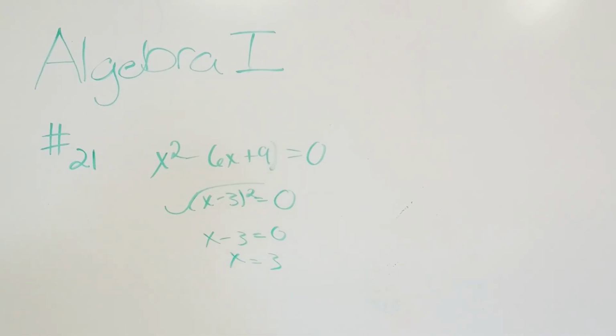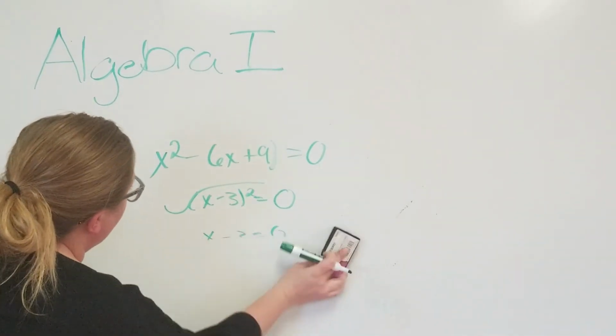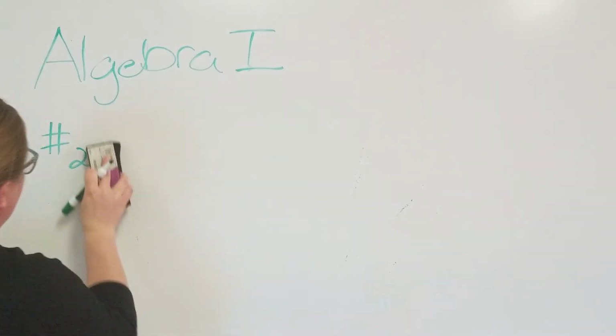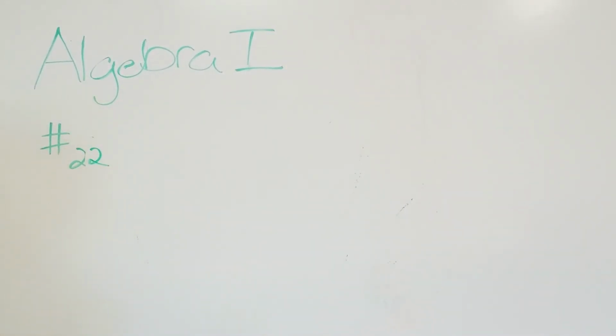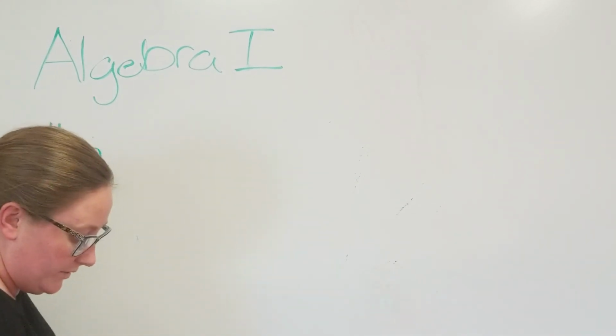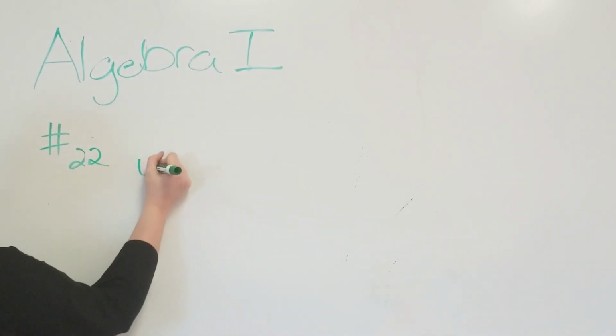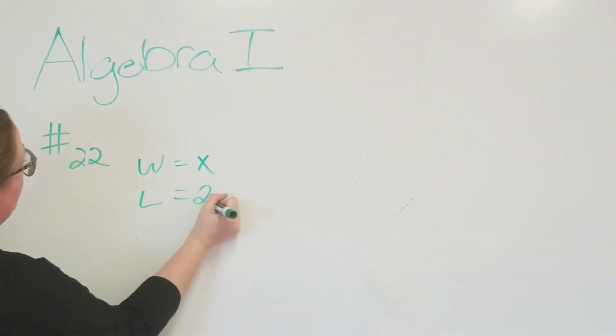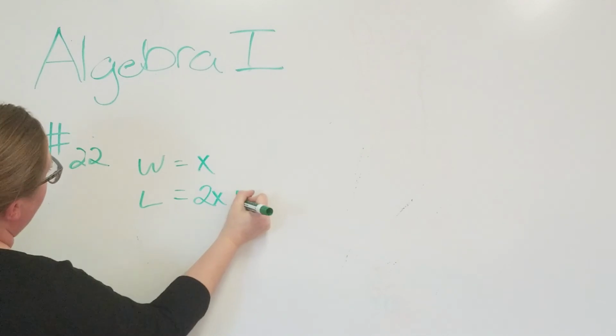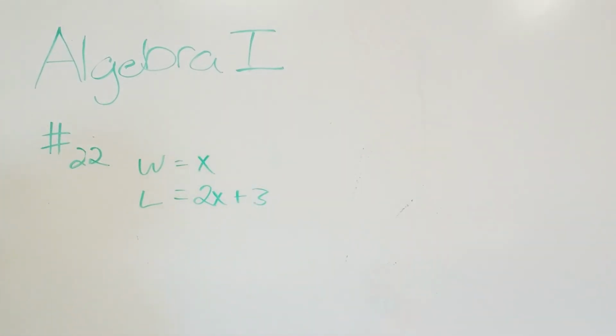Problem number 22, they say the length of the rectangle is 3 more than twice its width. All right, so you have length and width of a rectangle. The length of a rectangle is 3 more than twice the width. So you have the width, we're going to call it x. The length is 3 more than twice, so twice the width plus 3. And they say the area of the rectangle is 119 square inches. So what you need to know is area equals length times width. So to get this equation, you